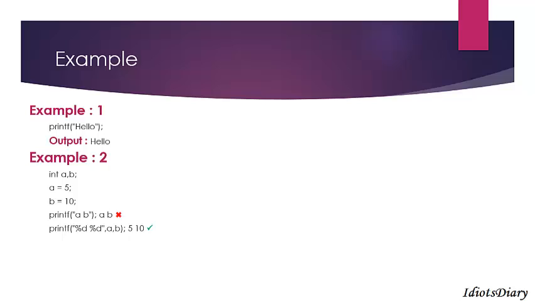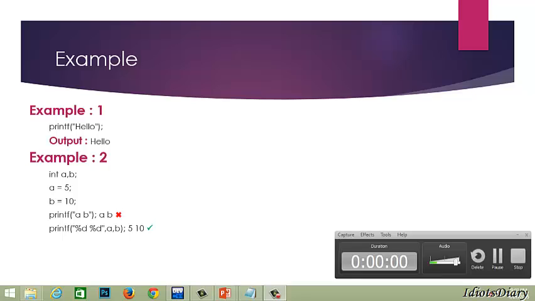When I give the print command to print the variable, I don't know which value is stored in that memory space, but I know the type of the variable. So I know that the value to be printed is an integer type, so I give %d, which stands for decimal integer. Here %d specifies that the value which is going to be printed is a decimal integer.